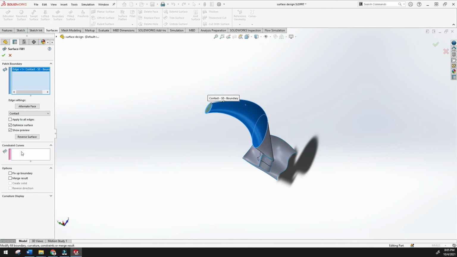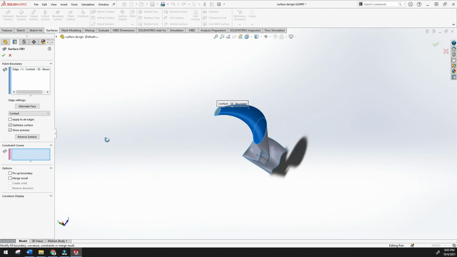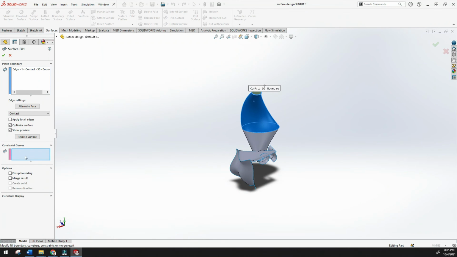Constant curves, if there are any curves, so by using these constant curves I can use the fillet. Alternate faces are there. Merge result, we can merge these two profiles.